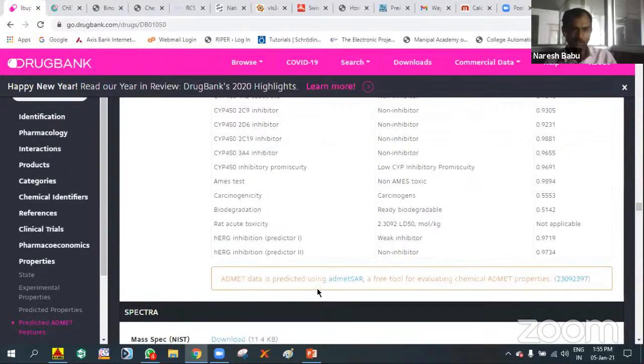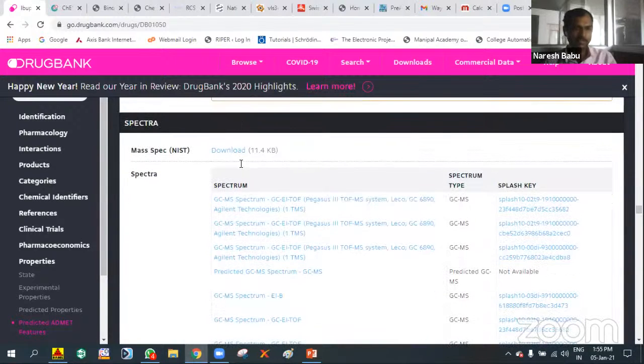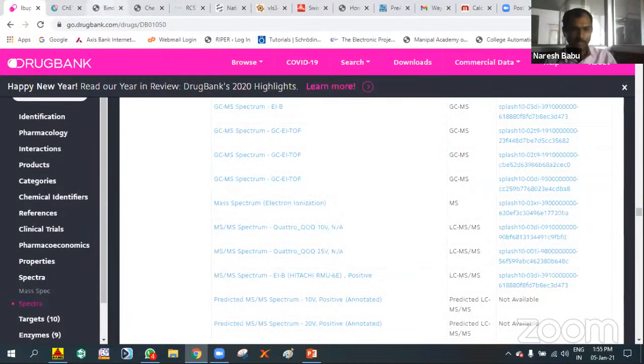What is the search you gave? This ADMET data is taken from admetSAR. So from this database, they included all these ADMET properties. And as in PubChem, here also you can observe the spectra of the compound. And coming to the next